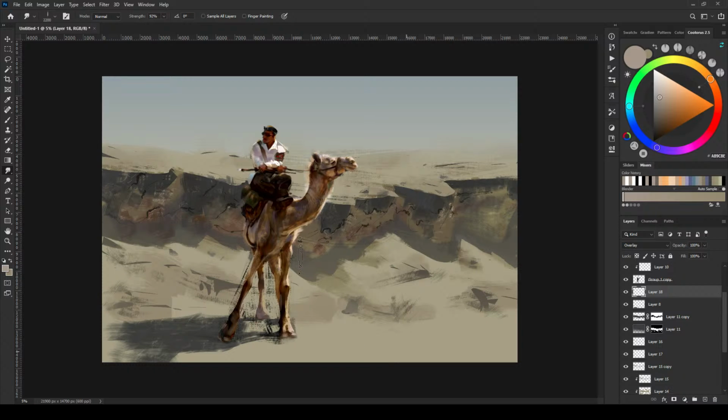Oh, that's right. I'm on the smudge brush. No wonder that wasn't working. So we gotta wait for Photoshop to figure out what just happened. Come on. This is